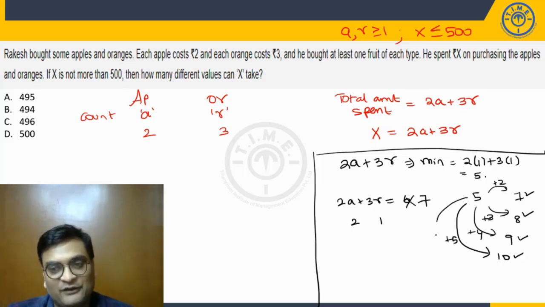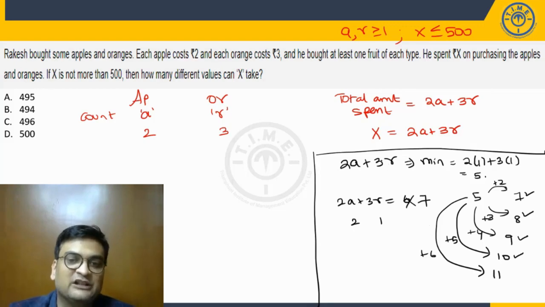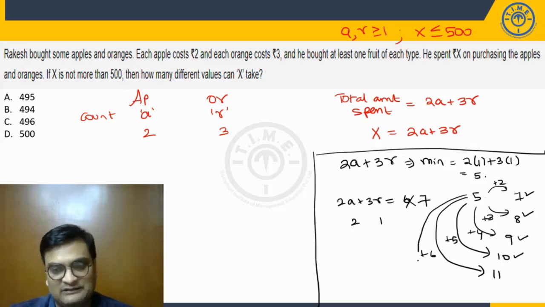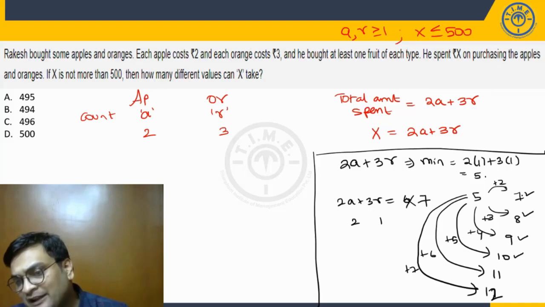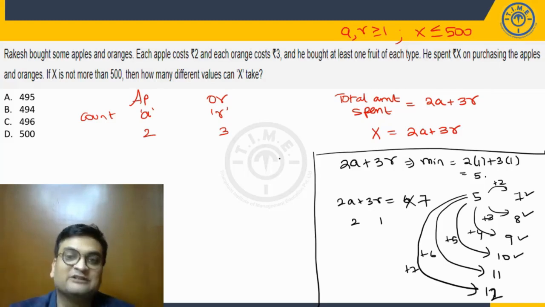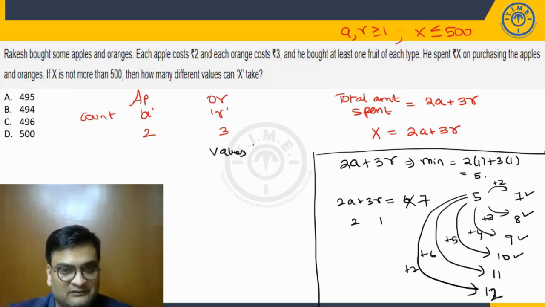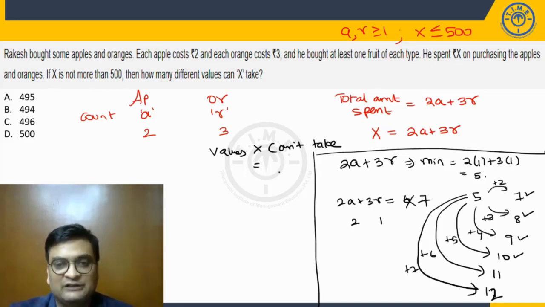You want to make it 10, you need to increase it by 5. Simple, increase A and R both by 1 each. Possible. If you want to make it 11, you increase by 6. That is also possible. You either increase A by 3 or R by 2. 12, you need to increase this value by 7. How do we make it 7? Simple, you increase A by 2 and R by 1. So this way, any value beyond 7 is possible. So that means the values that X can't take, less than or equal to 500, are